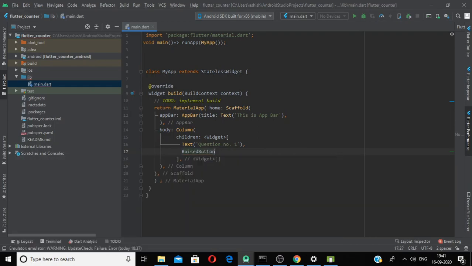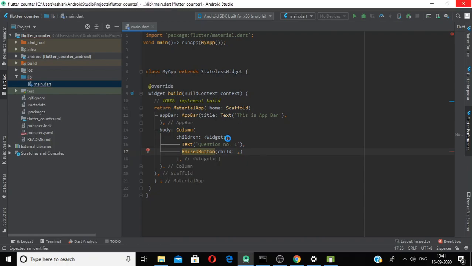And then we can add another widget, which at present I am using, the raised button widget, because it is the button which has a background color, so that we can differentiate it from the background. And inside the raised button we can have so many options. We can add an image, we can add other things, but at present I am interested in using the text widget to add some text into the button.